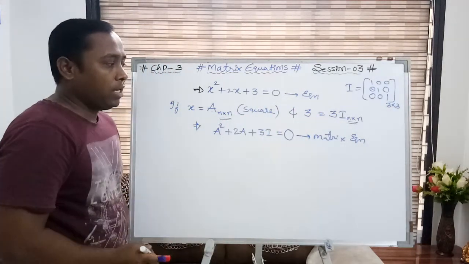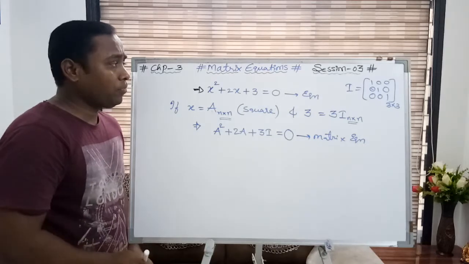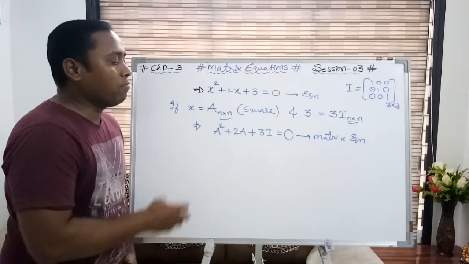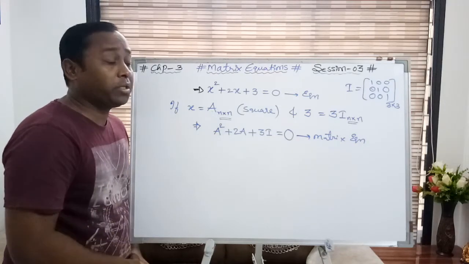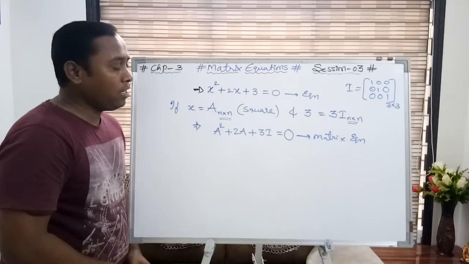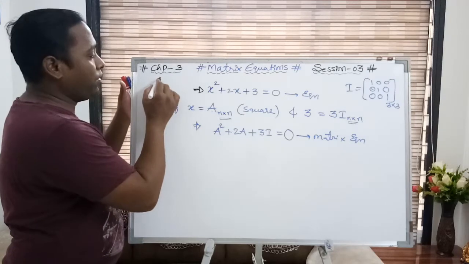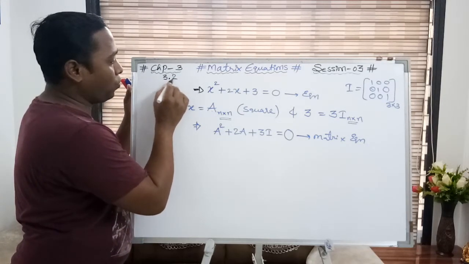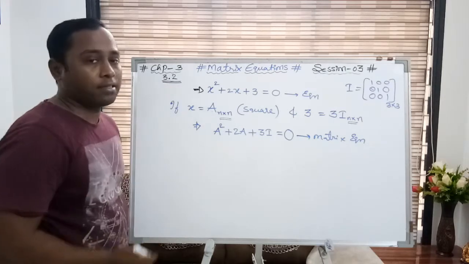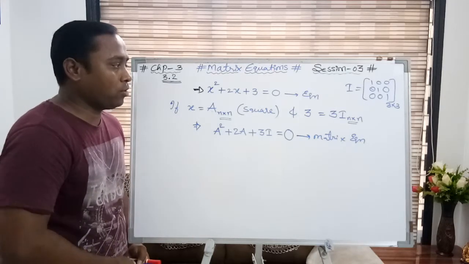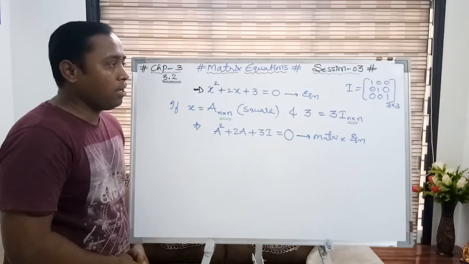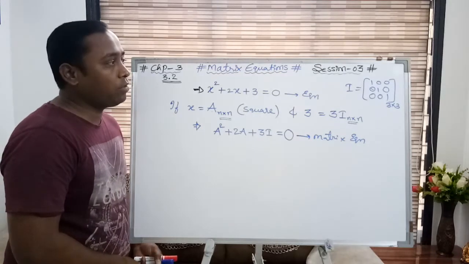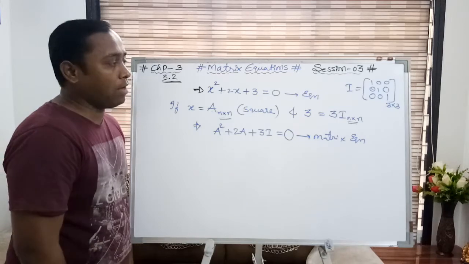So now in today's session we are going to take 5 sums where we will see matrix equation based questions, which are part of chapter 3 exercise 3.2 only. With the question numbers we'll take, it will help you complete the exercise with full clarity. Now let's have a question on that.